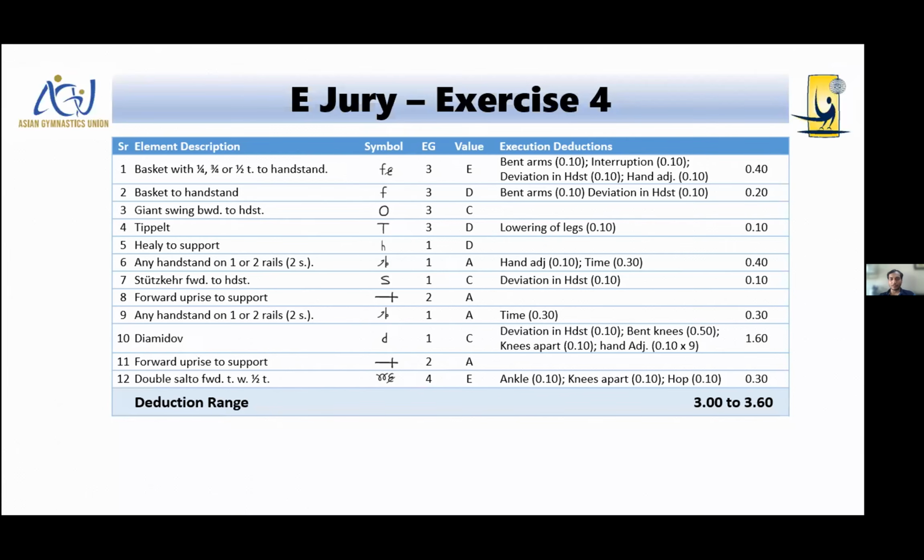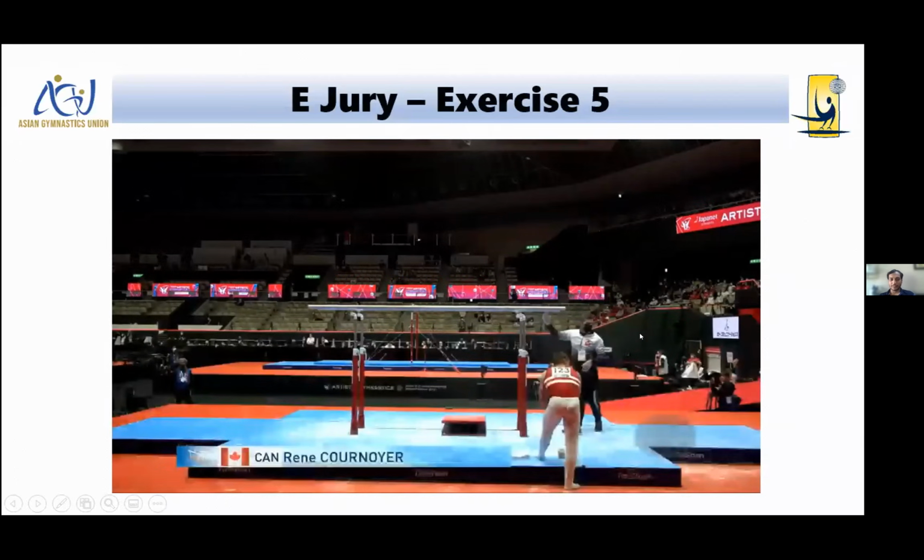Moving on to the last E exercise. Get ready. Here we go.